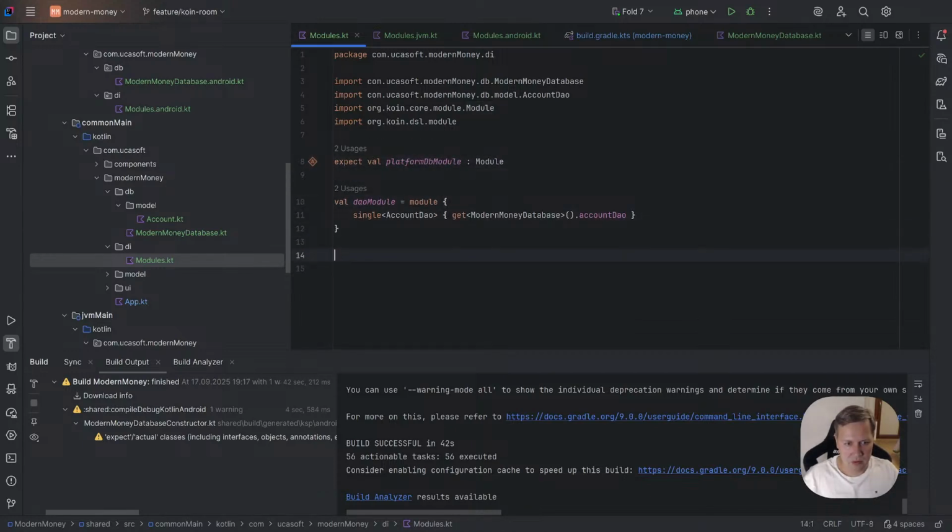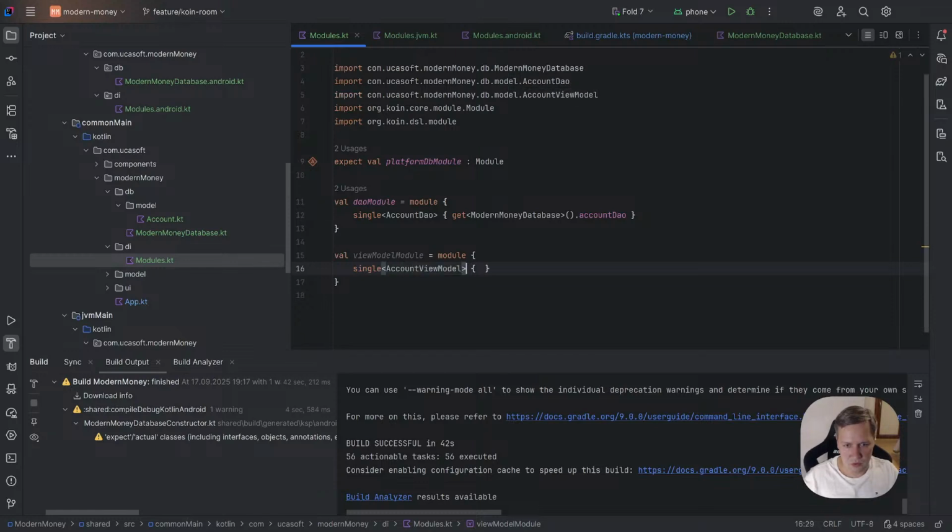So we have DAO, and we have our view model,